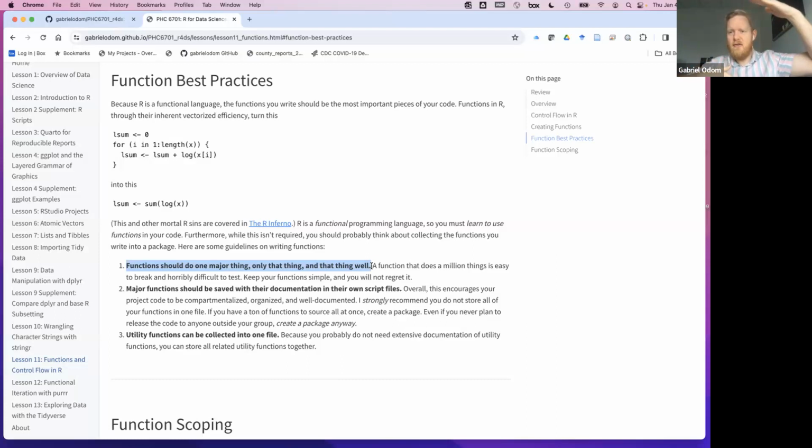If you've got this giant function and something breaks in it, you're going to be sitting there for an hour, maybe more, maybe 5 hours, trying to figure out where this function is breaking and where it's going wrong. But if you've only got like 10 or 15 lines of code in this function, it's going to be relatively simple. Okay, I can figure out where this function broke and hopefully fix it within like 15, 20 minutes. Now, this is not a law. I'm not going to have you arrested if you write your giant functions,